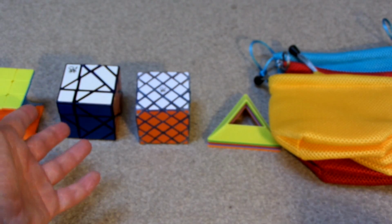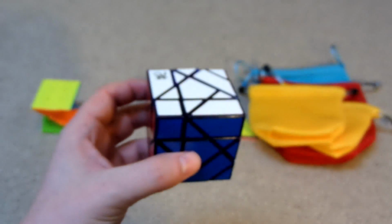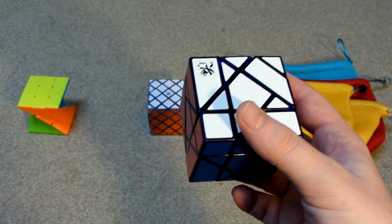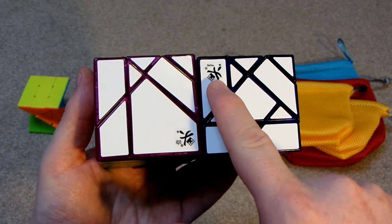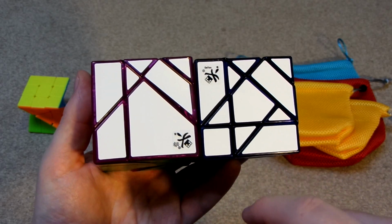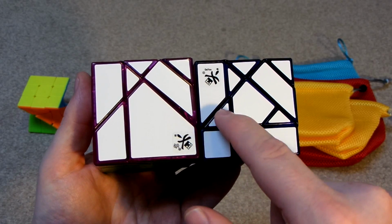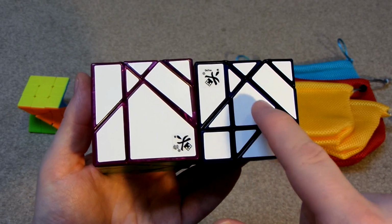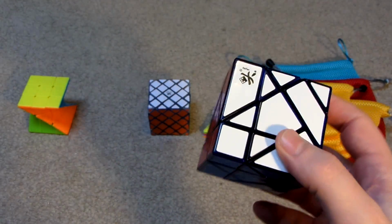Okay, so now onto these two puzzles. So I'll show you the Tangram Extreme first. So let's compare this with the normal Tangram. So let's see what we've got here. Okay, so we can see that these two bits are the same, these bits are the same, these bits, but then this bit on here, it's split into two pieces, and then this big piece on here, it's split into 1, 2, 3, 4 pieces. So this does actually shapeshift,